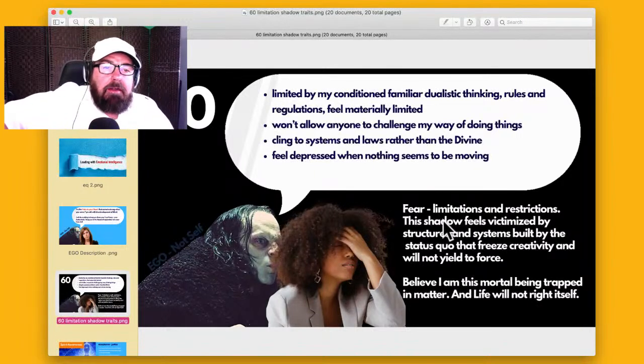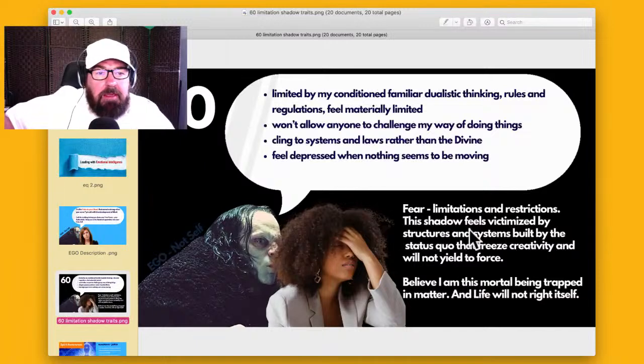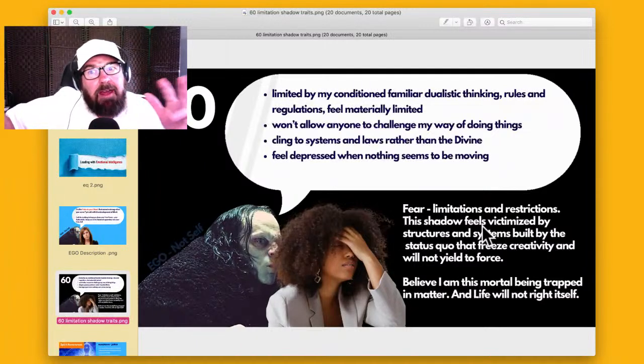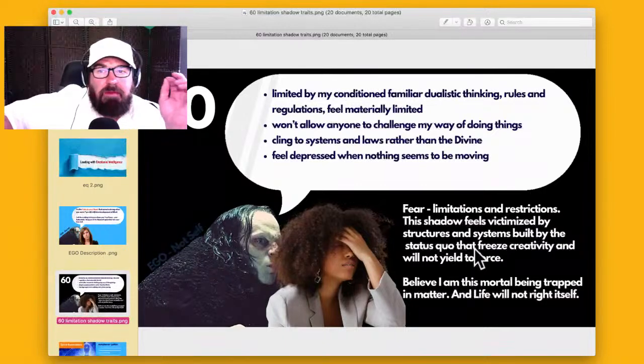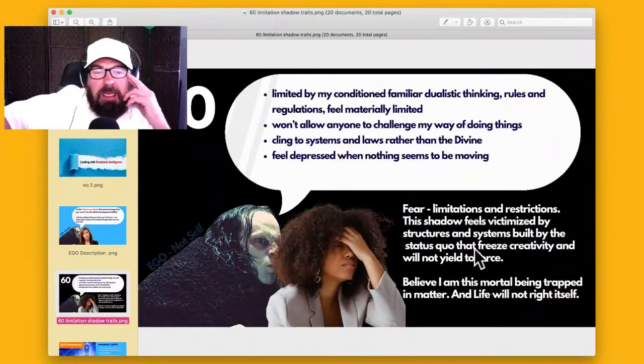So the fear is the limitations and restrictions. We can see this coming, right, in 2023. And the shadow can feel victimized by the structures and systems built by the status quo. This is like the iTunes terms and conditions.